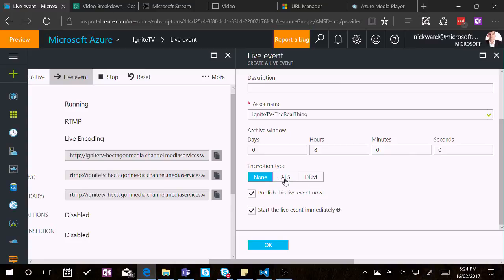You can set up encryption on that file. I'm not going to set up encryption, but you can choose AES or full DRM. So these are different video encryption standards. If it's a corporate asset and it's a bit sensitive, I might set up AES and then only people with the appropriate key can view that. With DRM, we can plug in Microsoft PlayReady DRM, Apple FairPlay, and Google Widevine DRM into the media services stream